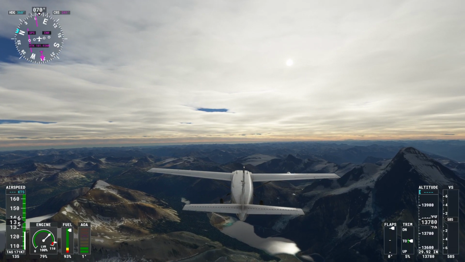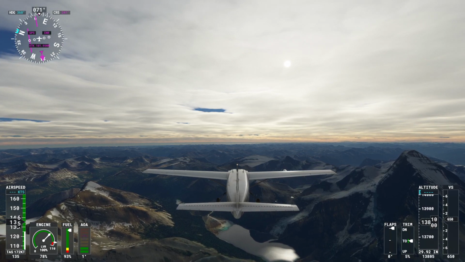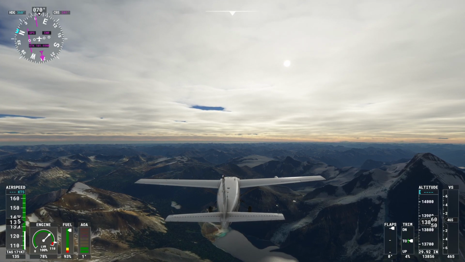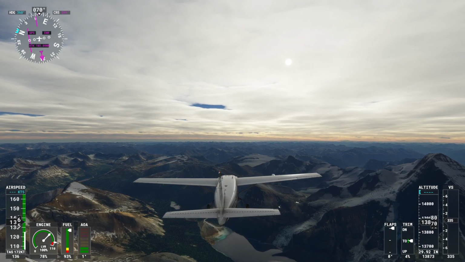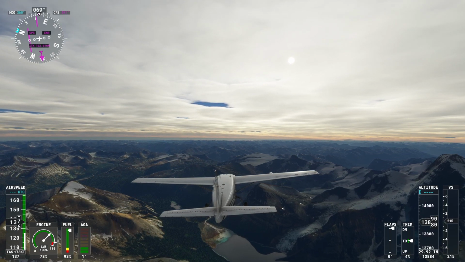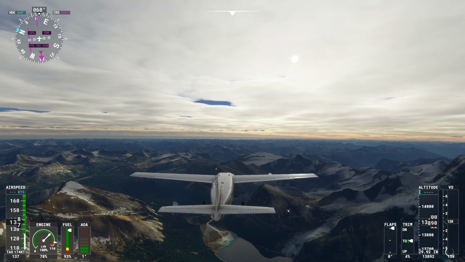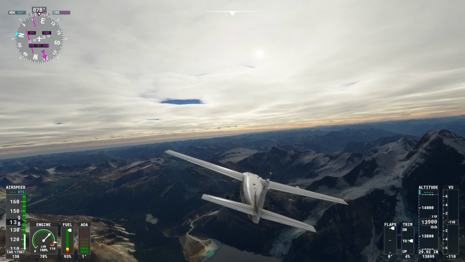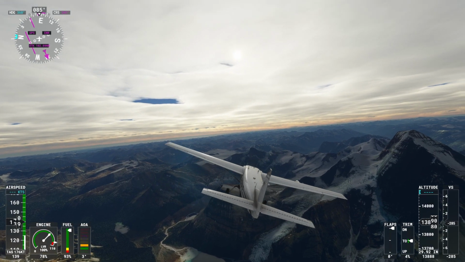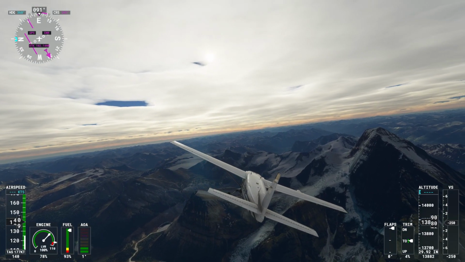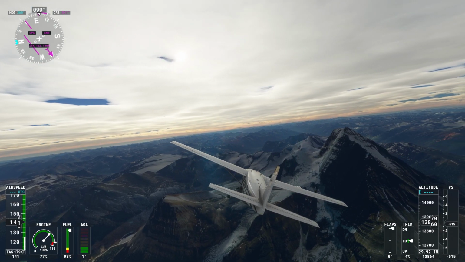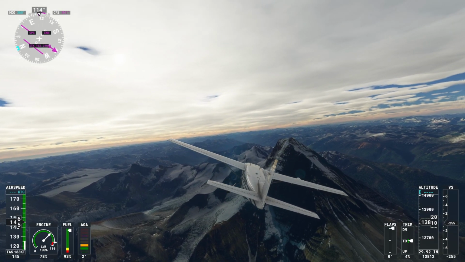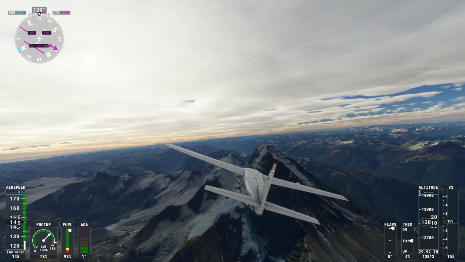We've done our 211, but I don't know that we're quite there yet. Anyway, is it 40 seconds to that peak? Because if we turn 163... Yeah, I've lost it. There we go, Mount Robson. 163 for 40 seconds. Won't even have enough time to read it out. From Berg Lake, turn due south and pass over the summit of Mount Robson, the highest mountain in the Canadian Rockies, as previously mentioned, at 12,972 feet above sea level.